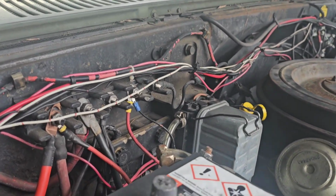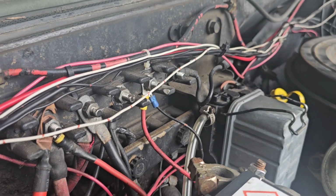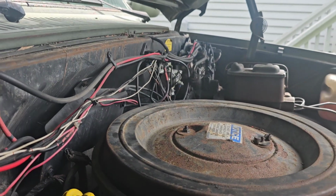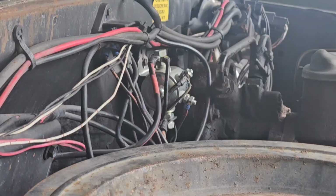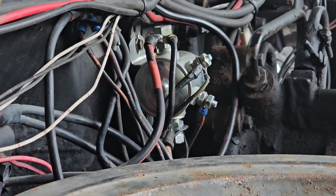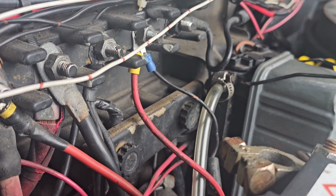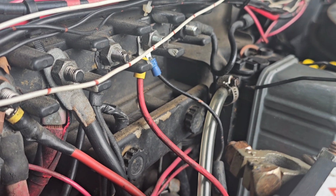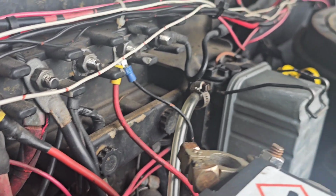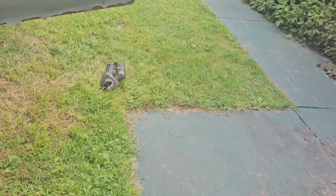So after doing a bunch of different research, I found out that this wire is the 24-volt power supply for the starter. So I went through a bunch of troubleshooting. I changed the glow plug solenoid, which I did before I knew what that wire did, and which it probably needed anyway. It was all rusted up. Glow plugs work great. So I went through a bunch of troubleshooting, including changing that glow plug solenoid. Tried connecting the batteries again. Still smoking. So I came across the Doghead relay, or Doghead solenoid replacement video,